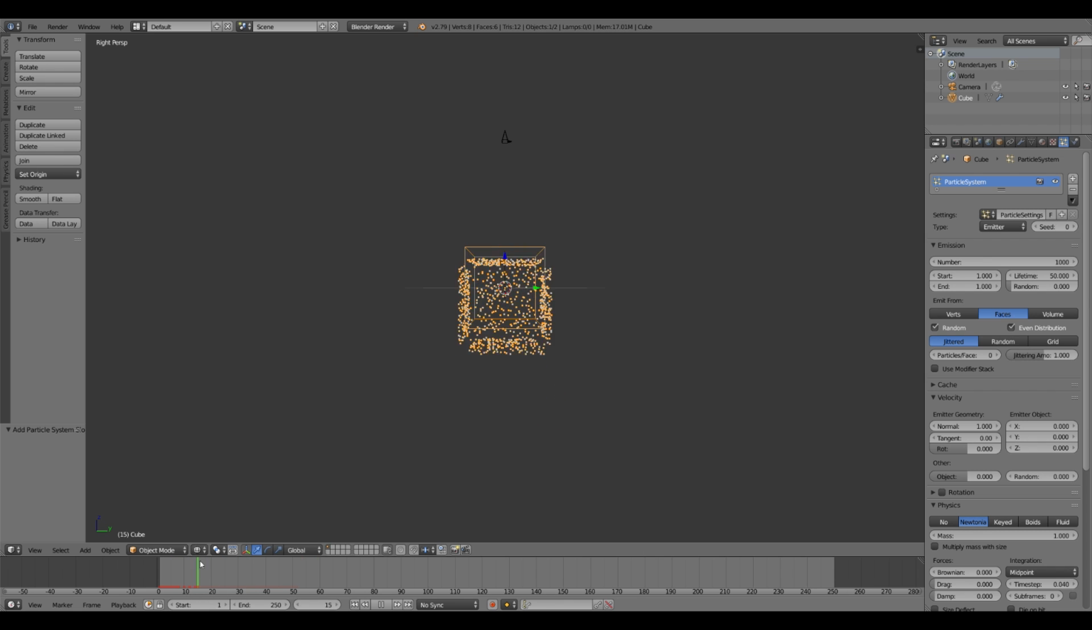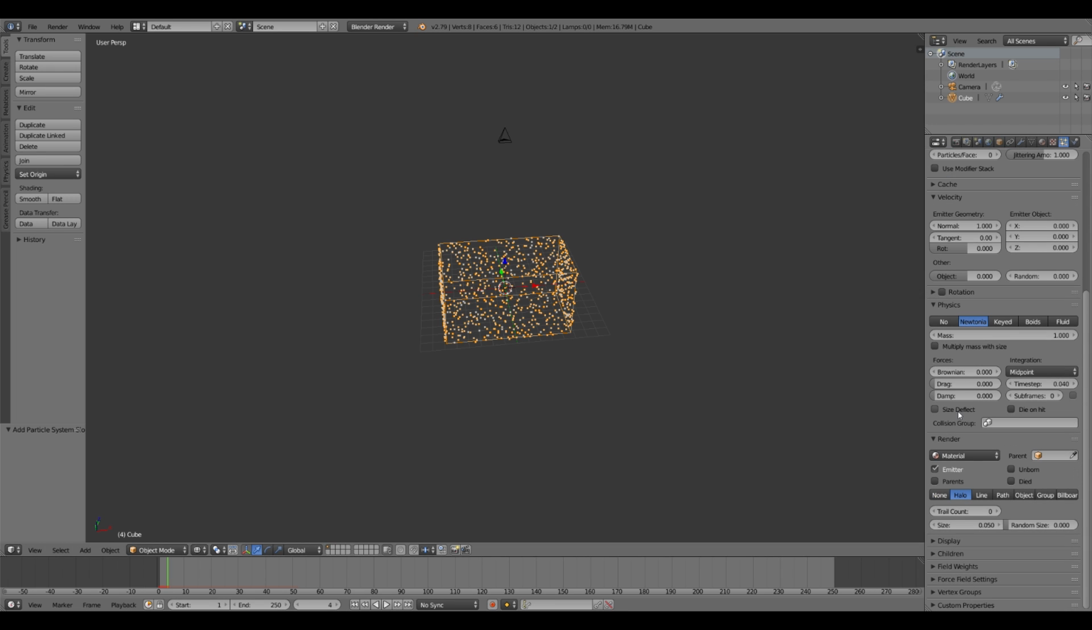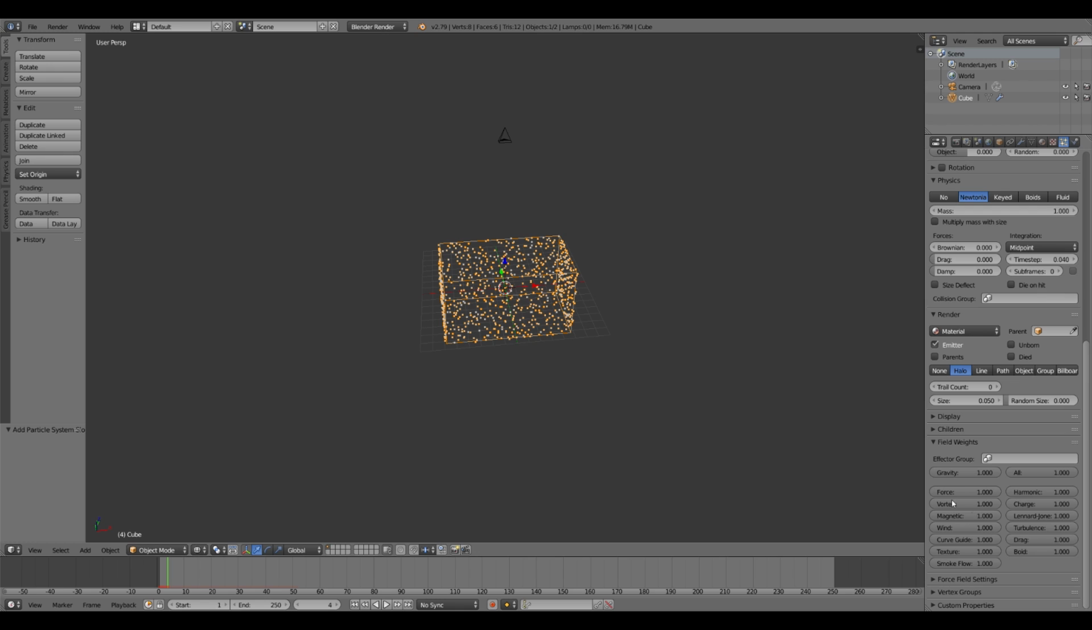It's obviously there's gravity, so it's falling with gravity. We need to turn off gravity. We don't want them falling, so let's go down here to field weights. Click on that, and you'll see we have all these different forces that we can use. We're not really going to be adding any forces, so we're just going to turn off gravity. You could, technically, turn off all of these effects, but definitely turn off gravity. So now if we scrub through,